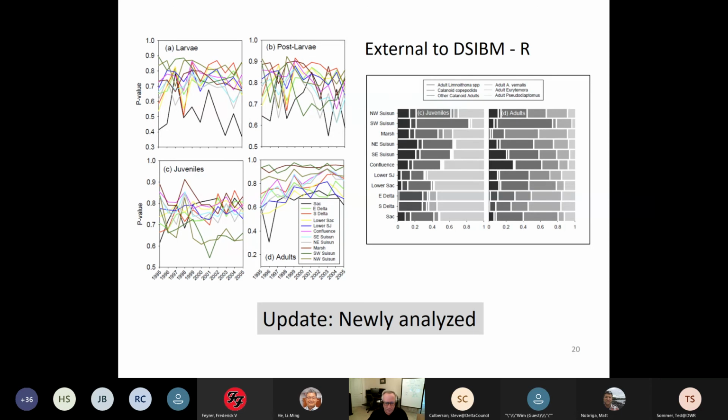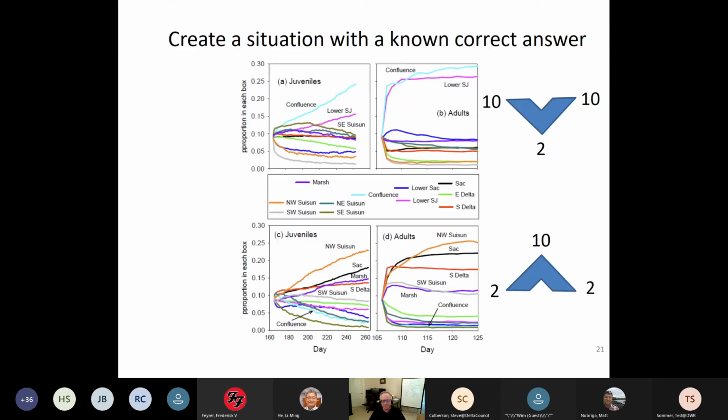So what do we look at? So this was newly analyzed. So this is outside the IBM. This is in R, and this is WIM's magic of kind of pre-calibrating the growth rates. Remember that functional response. You needed to know how efficient they were, K, and what their diet was, what they like to eat, the vulnerabilities. And so we do this outside the model since we can force them to stay in a box, and how would they do if they stayed there for their whole life stage? And that's kind of a way to calibrate.